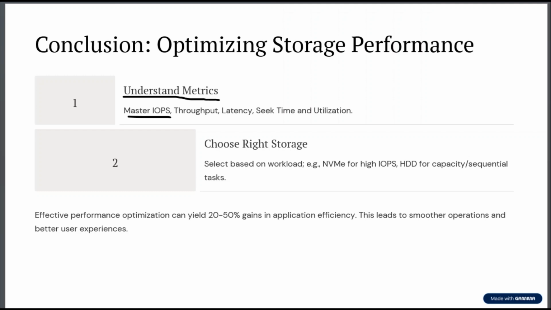For example, NVMe is used for high IOPS while HDDs have large capacities. Effective performance optimization can yield a 20 to 50% gain in application efficiency. Application efficiency is very important. It determines how fast the application is responding to our system. This leads to a smoother operation and better